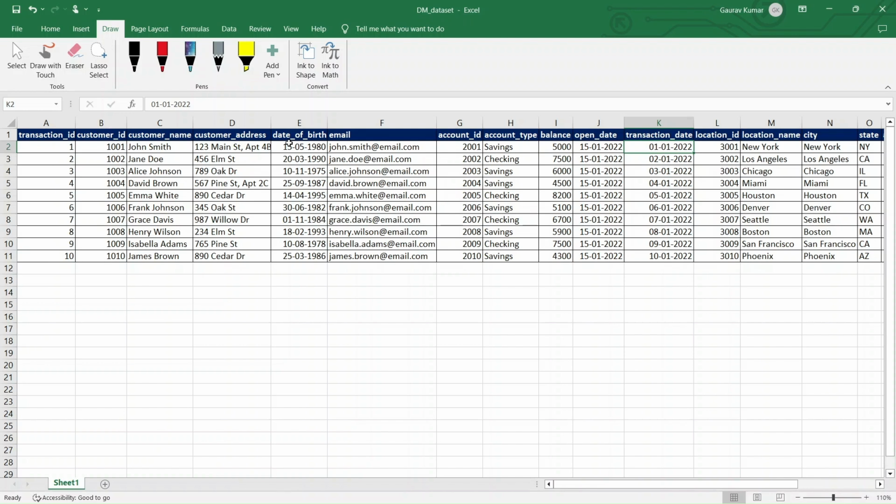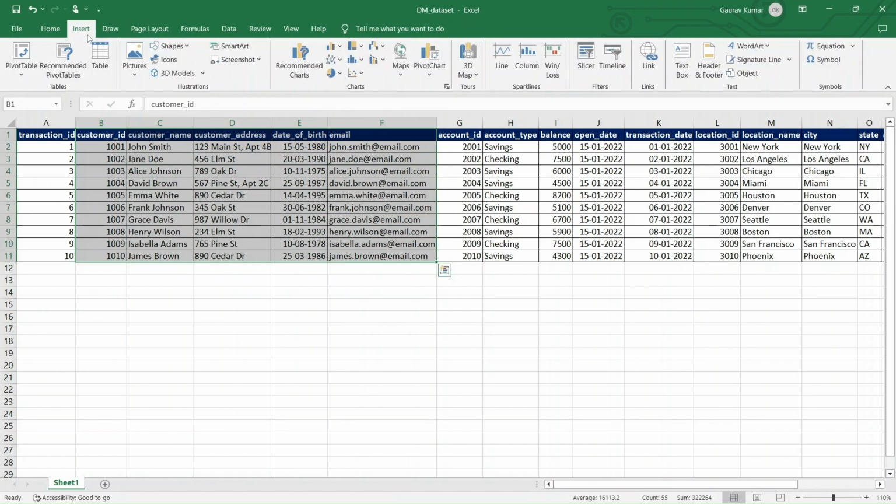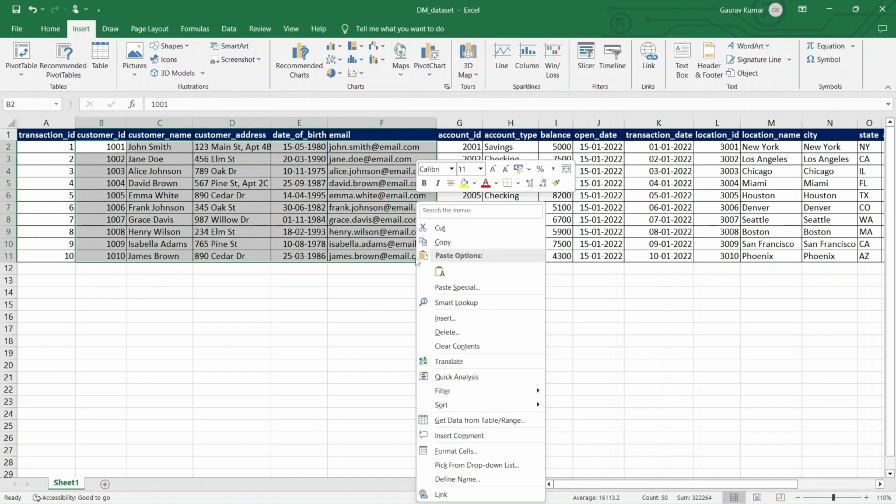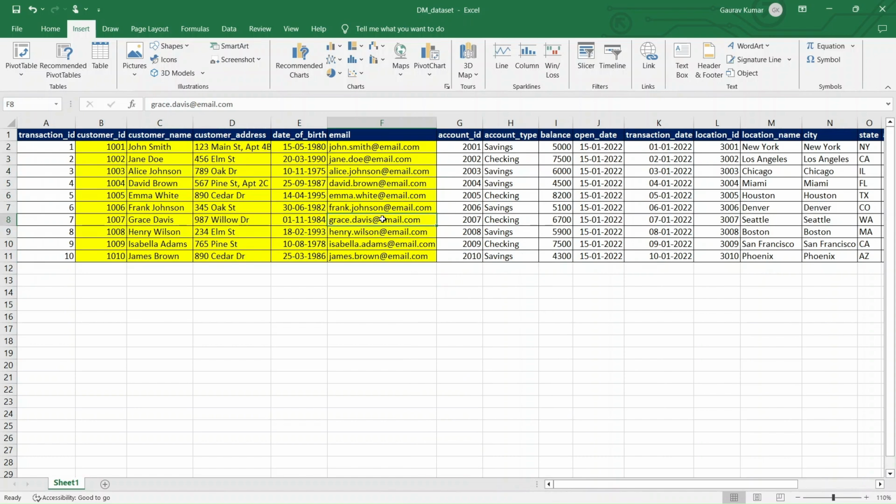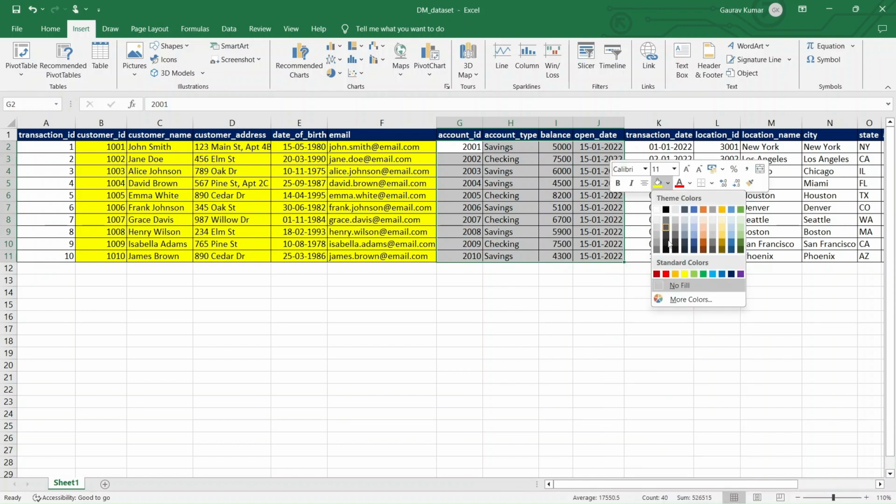Let's say if you look at these columns: customer ID, customer name, customer address, date of birth, email address. If you see this, it looks like information that belongs to the customer, right? All of this information could belong to the customer. Similarly, account ID, saving account type, balance, open date, all of this information we could say is acting like